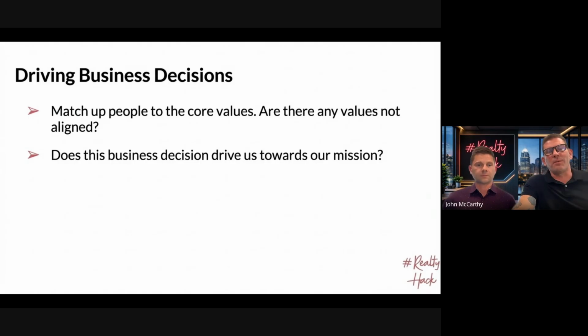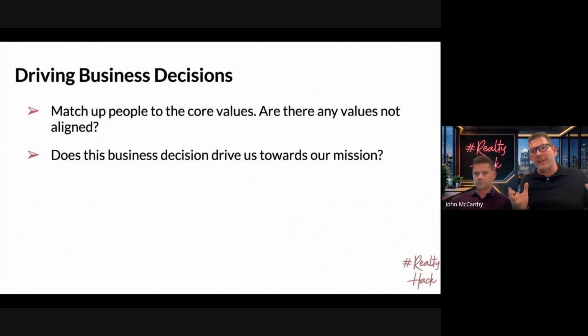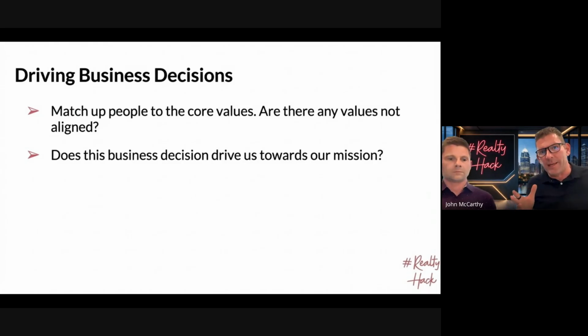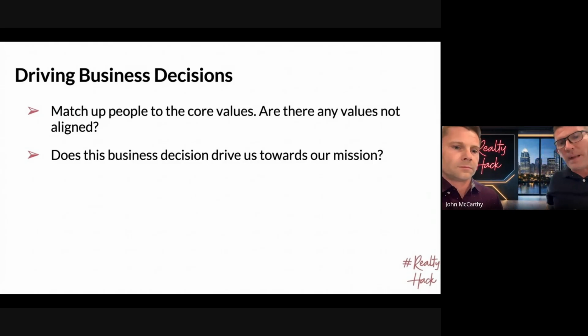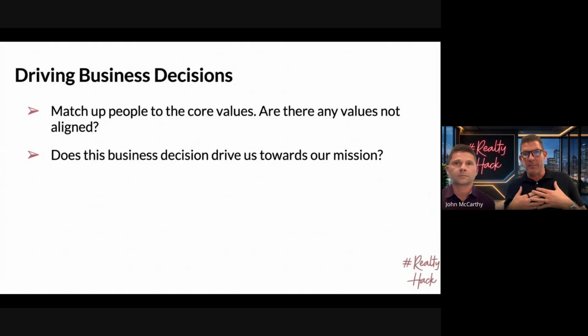I'll give you an example of one that comes up fairly regularly. Sometimes we'll have an agent that leaves, and we haven't seen them in months. They're not growing from our system, they're not showing up to stuff. That's an all-in core value. And that's what we say: look, we're not going to fire someone because they don't show up for a few meetings. But we don't feel bad about that person leaving, because they weren't all in, even despite our outreach to our agents. We try to get them all in.